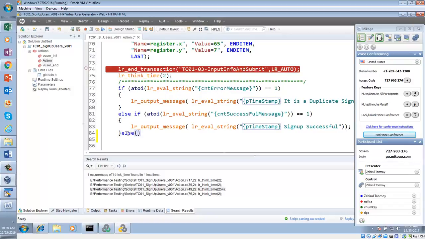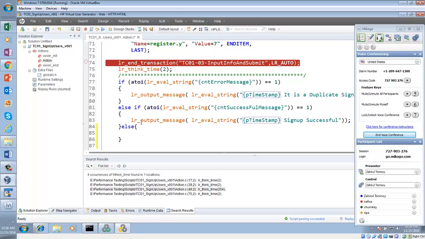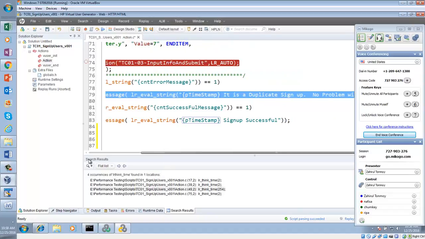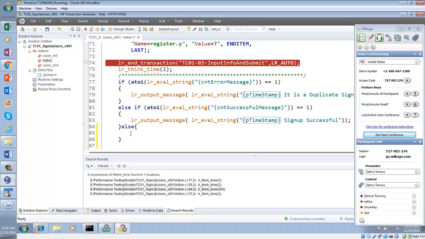Remember when I got an error message that user is taken, I put an output message that user is taken. But if you get something else and you want to make the test case fail, you want to give an error message here.